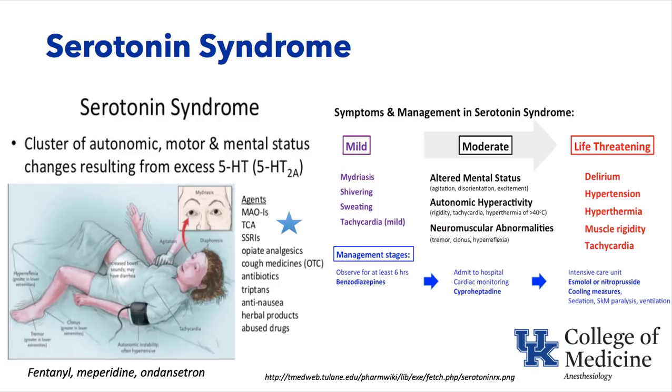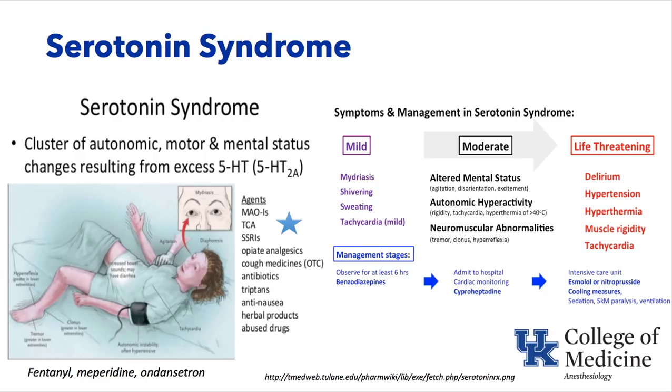Serotonin syndrome is the next keyword topic. Serotonin syndrome is a cluster of autonomic, motor, and mental status changes that occur when you have excess 5-hydroxytryptamine, or serotonin, in your blood. Well, what can cause you to have lots of serotonin? Pharmacologic agents, often combinations of such, like tricyclic antidepressants combined with SSRIs, or MAOIs, monoamine oxidase inhibitors, combined with other